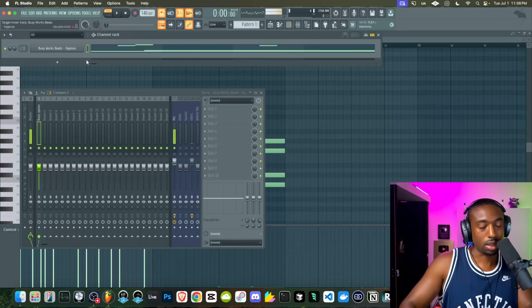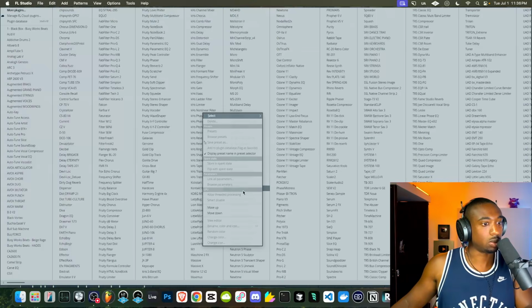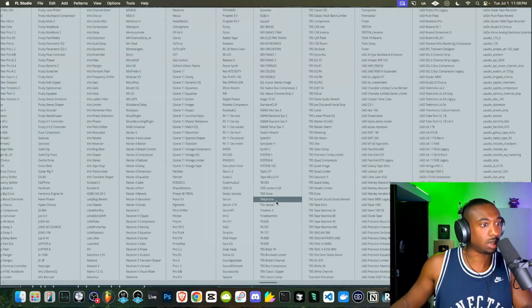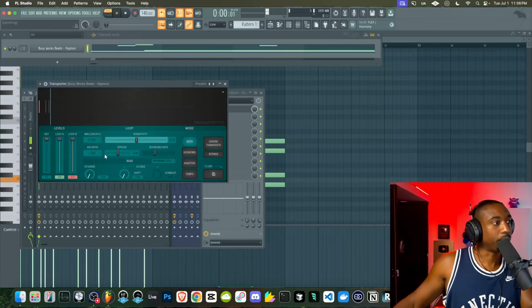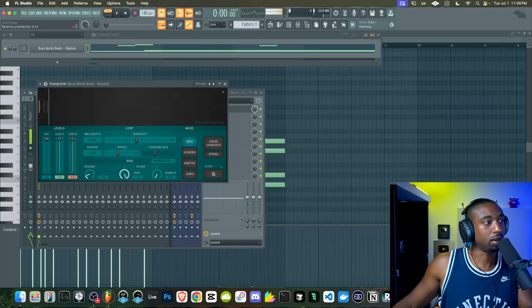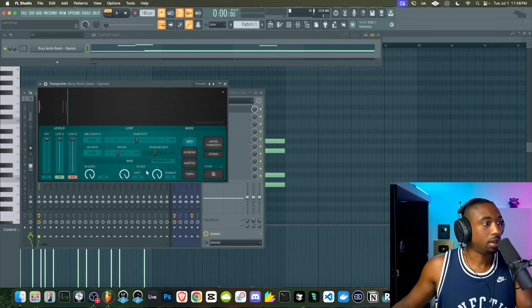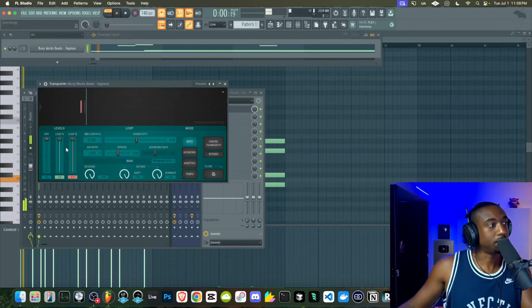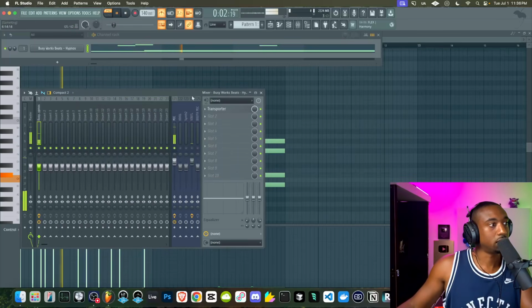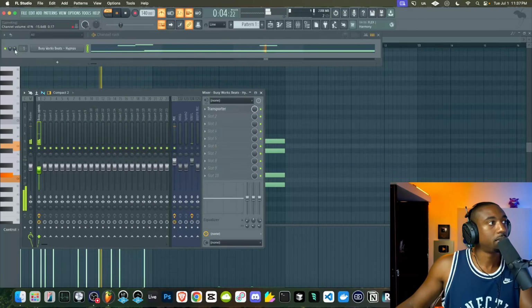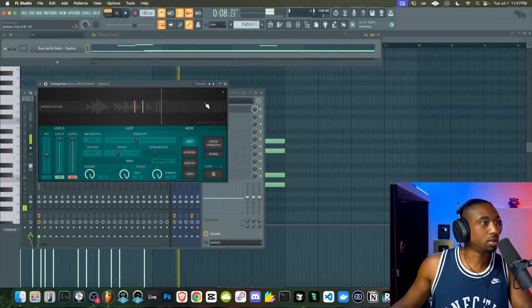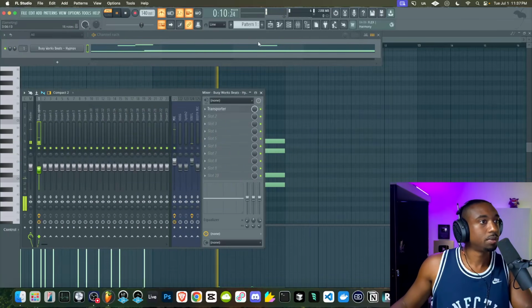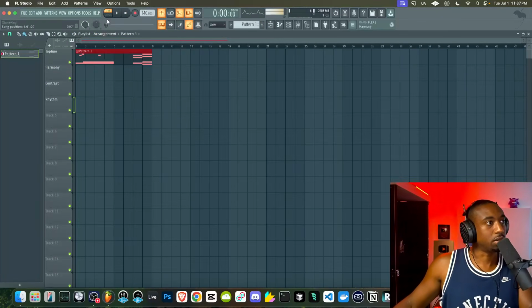We're going to hit Control L, send this to the mixer. We're going to run it through what's called Transporter. This is a really good plugin for creating glitter out of our melodies. So Transporter comes with FL Studio 24. We're going to turn up the octave here, the reverse, and the octave towards the up direction. So it's going to add this glitter. And we could also turn down the original dry level so we could blend this effect in. So think of it almost like a texture in a way.